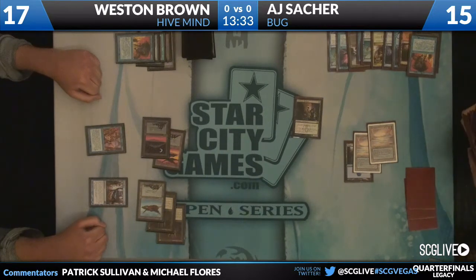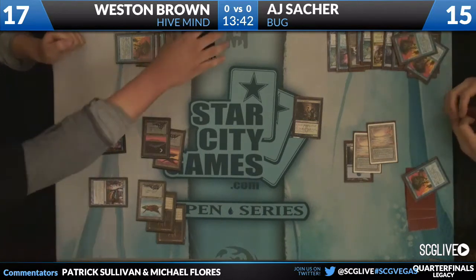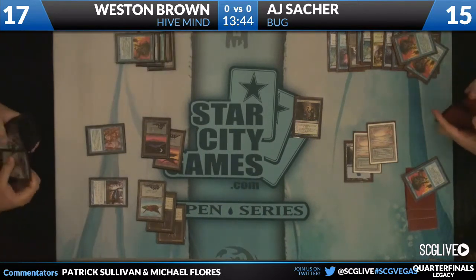Oh, because he's got intuition. He gets intuition back, because the hive mind copies everything, right? So he's getting Force of Wills. Okay, so